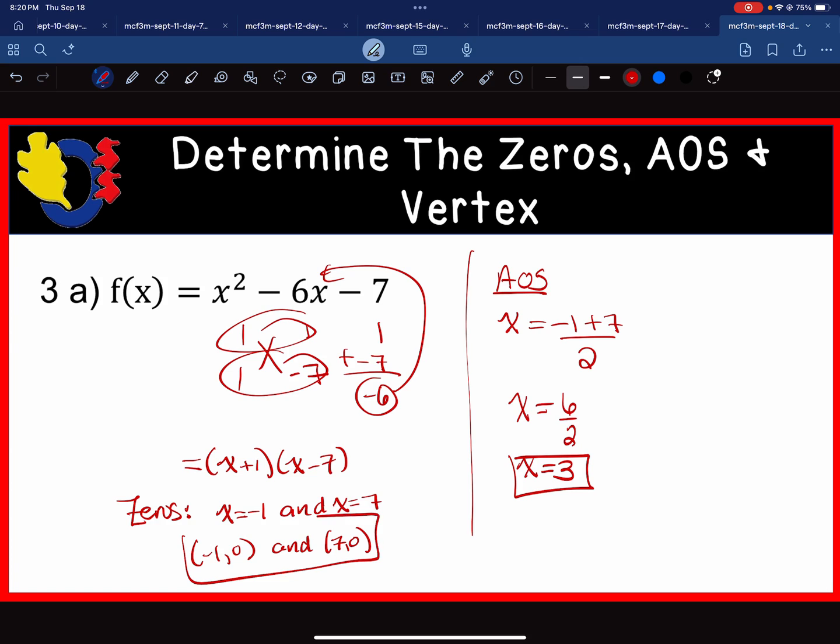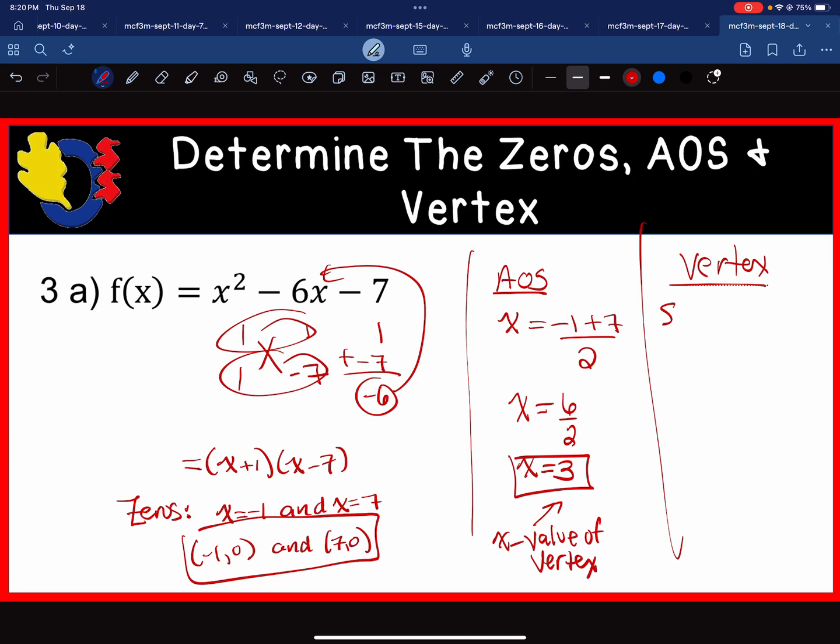Okay, next we need to find the vertex. So the AOS is the x value of the vertex. In other words, our h value. So in order to find the vertex, we're going to sub that x value back into the original equation. So we're going to sub x equals 3